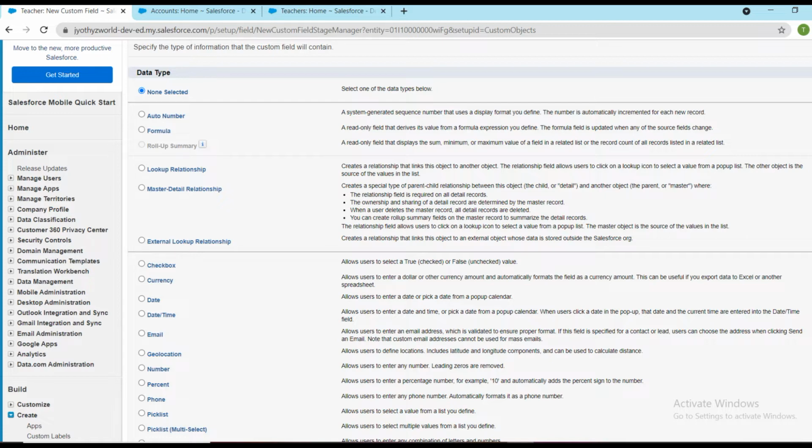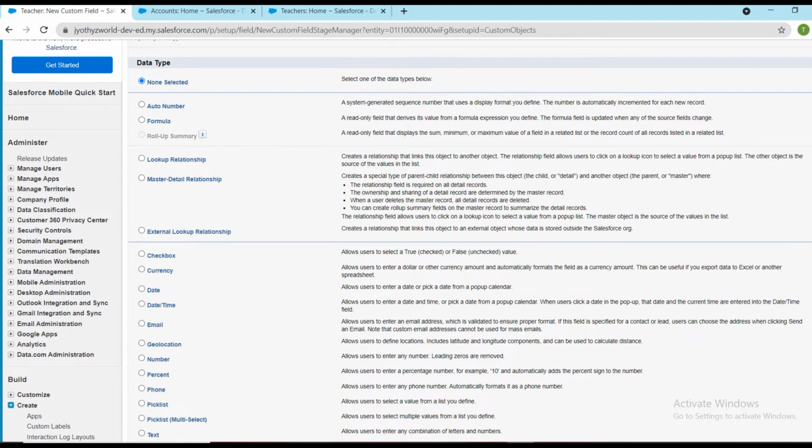Like we want to set the age of a teacher, assume there is a date of birth. In that case we can set up a formula field to calculate the age, where the age value is the formula field with the difference of today's date minus the date of birth.